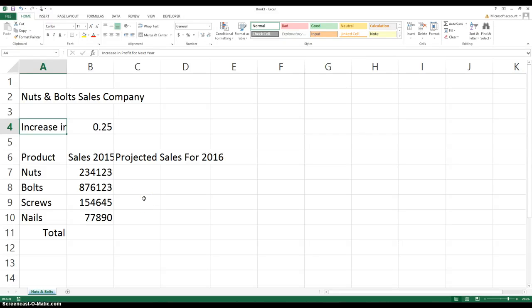Hi, this is a small spreadsheet with some sales figures for 2015 for the company that sells nuts, bolts, screws and nails. This is the amount here that was taken for each item in the year. This is the proposed increase for next year. This is the title of the company, and this is the